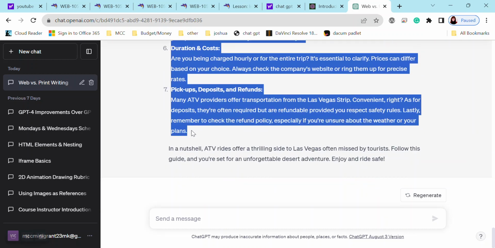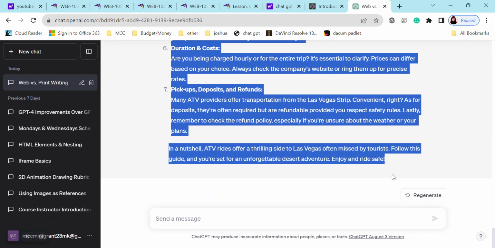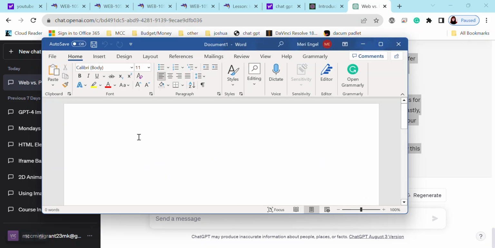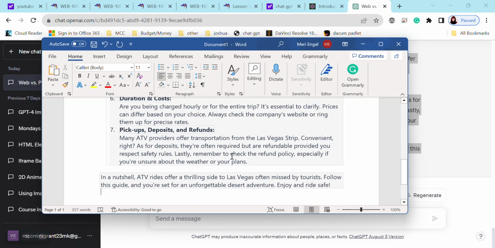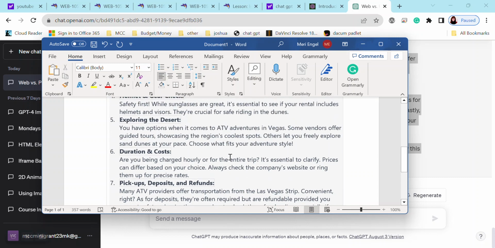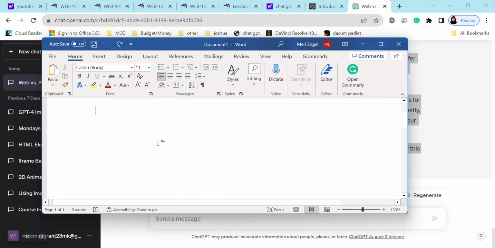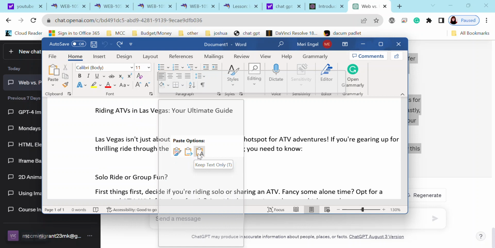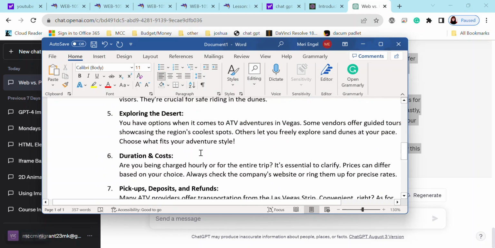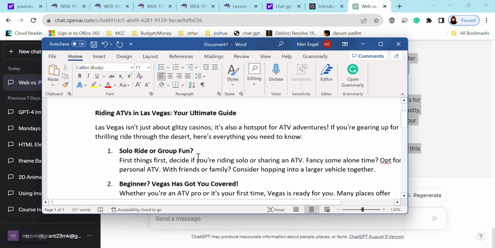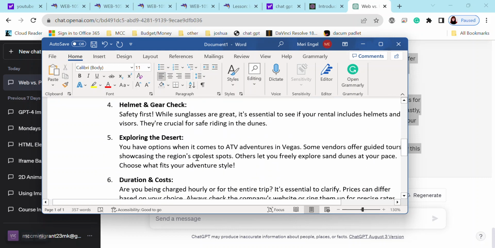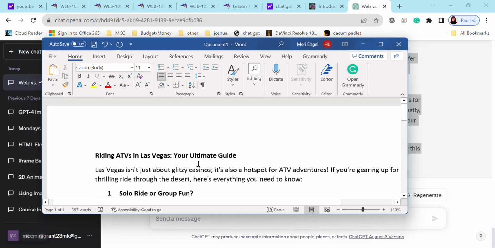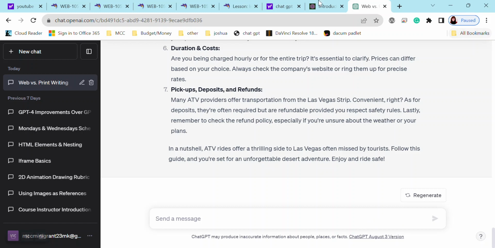So I can take this. Now I would type this. I also have Grammarly, so I like to take this into Word. I do all my writing in Word first before I move things to the website. I'm going to undo that, and I want to paste. Merge formatting. Okay. The only problem with this is I really want it set up where I can. This is for a website, so